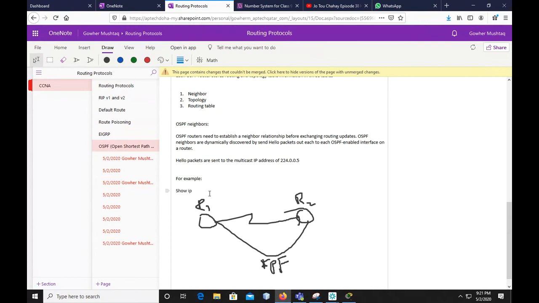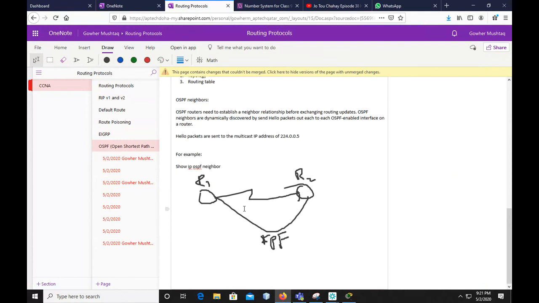In the same way like we did, instead of EIGRP, we're going to use show ip ospf neighbor. So this is the way they are going to create the neighbor relationship. When OSPF is configured on both interfaces, they will send out the hello packets to establish a neighbor relationship. All right. So in this example,